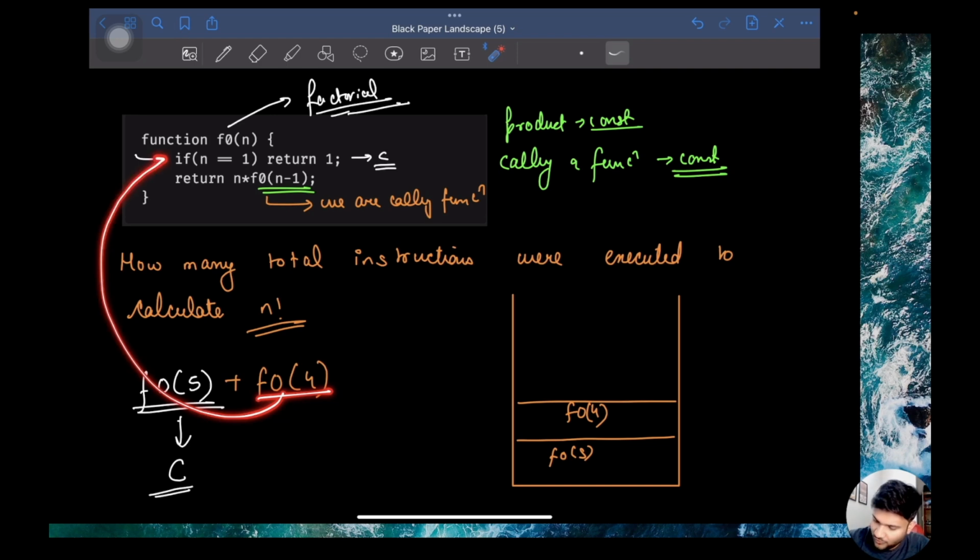If you go for f of 4, you will again compare: is 4 equal to 1? No. So again a constant time operation. Then you say return n into